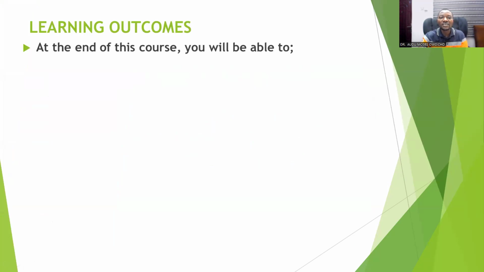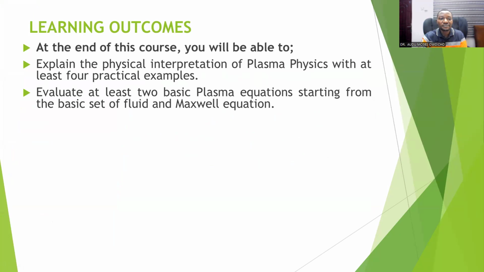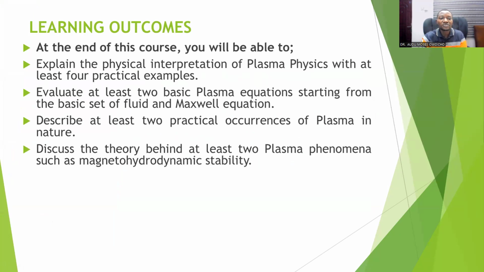Learning outcome. At the end of this class, we'll be able to explain the physical interpretation of plasma physics with at least 4 practical examples, evaluate at least 2 basic plasma equations, starting from the basic set of fluid and Maxwell equations, describe at least 2 practical occurrences of plasma in nature, discuss the theory behind at least 2 plasma